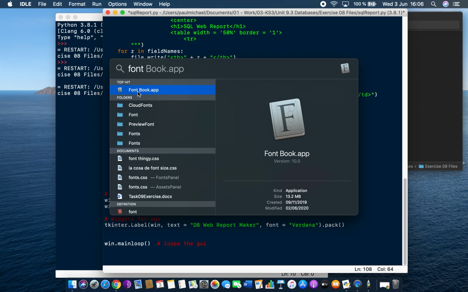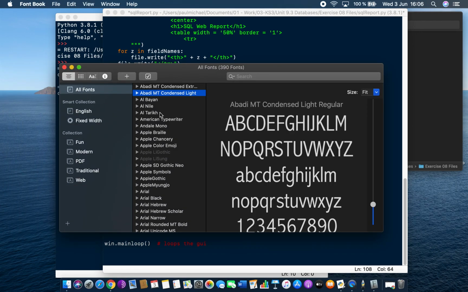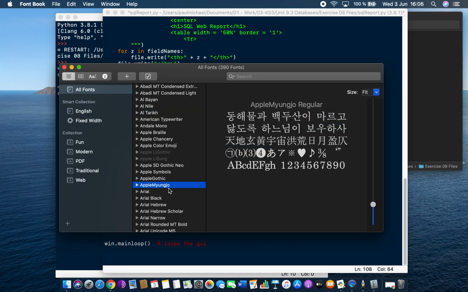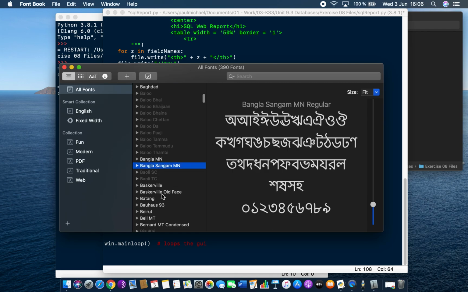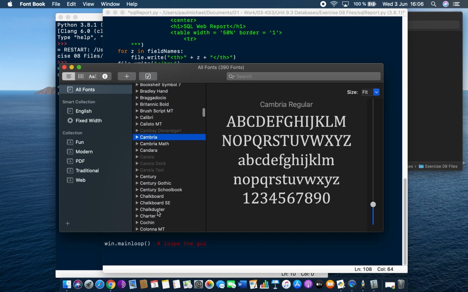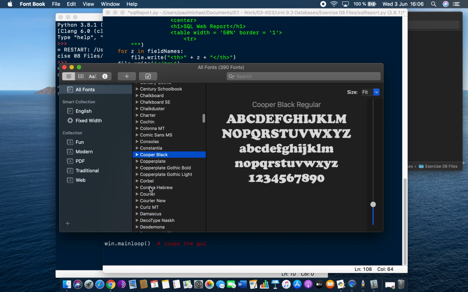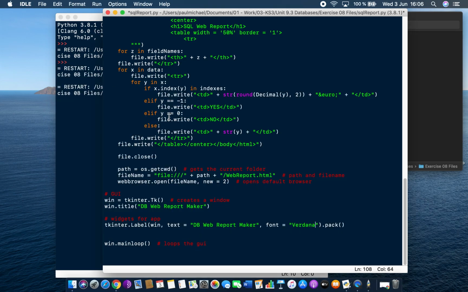So I've got these fonts in my computer. And if you're on a Windows machine, you will have some other fonts. I don't have all the fonts that are possibly out there. You can see that I have these to choose from. So if you're picking a font and you want to do something a little bit different, what you're best doing is Googling common fonts that are available on all operating systems, because this becomes a